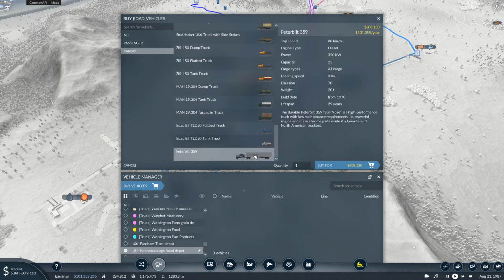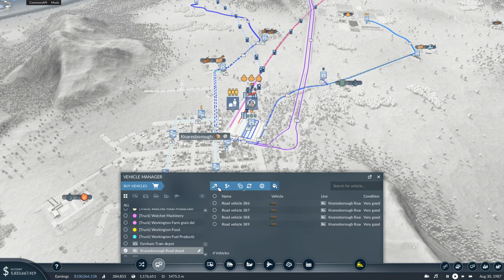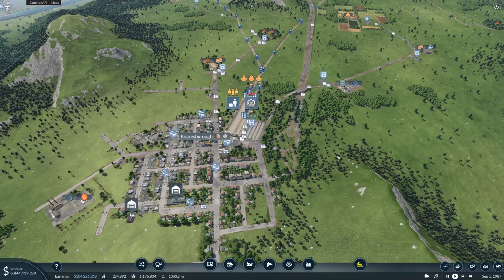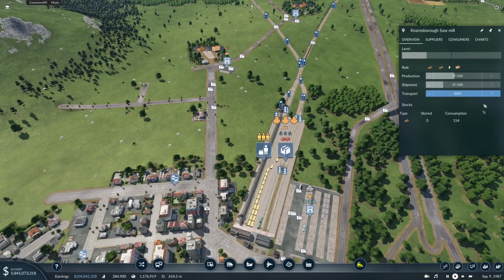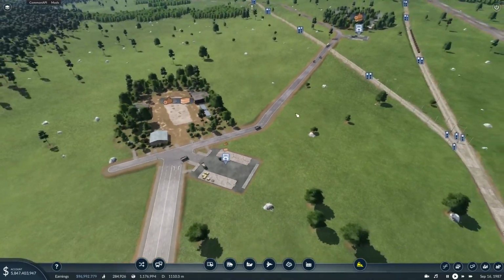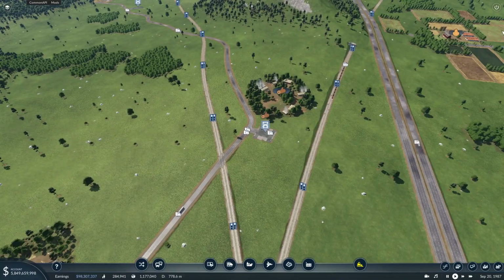We definitely don't want those big ones. We want something smaller, so we're gonna use MAN 19304 tarpaulin truck. And we need perhaps 3, 4 of them. Let's get 4. And that is going to go truck. Where is that? Knaresborough tools. There we go. Okay, so these guys will now start to create a demand for these guys. Hopefully, Sawmill will soon start producing more and more as soon as they receive more logs, and more logs will show up as soon as these guys start delivering those. Okay,